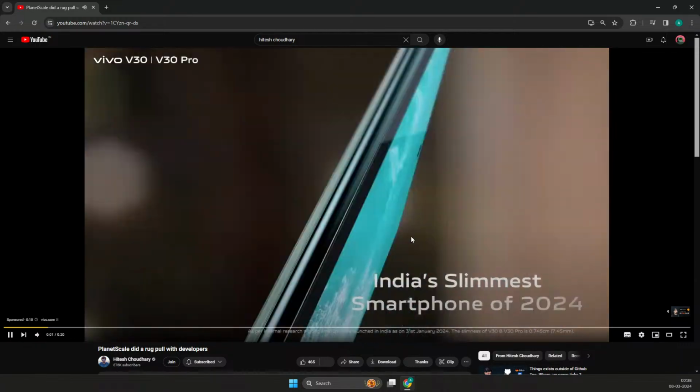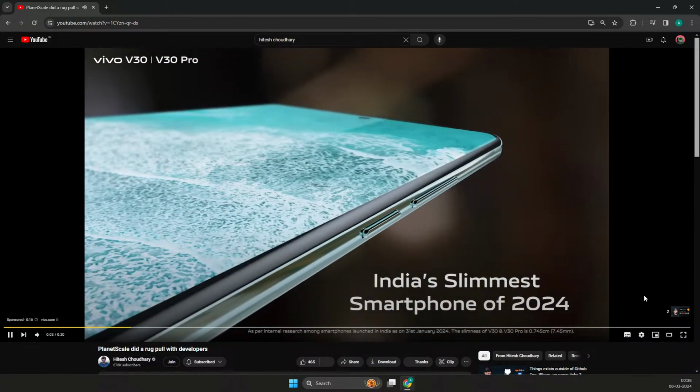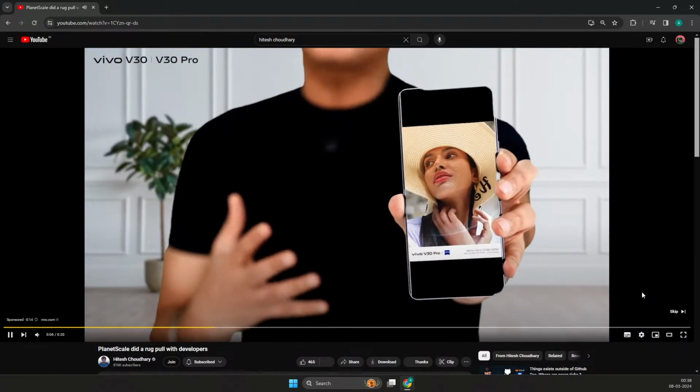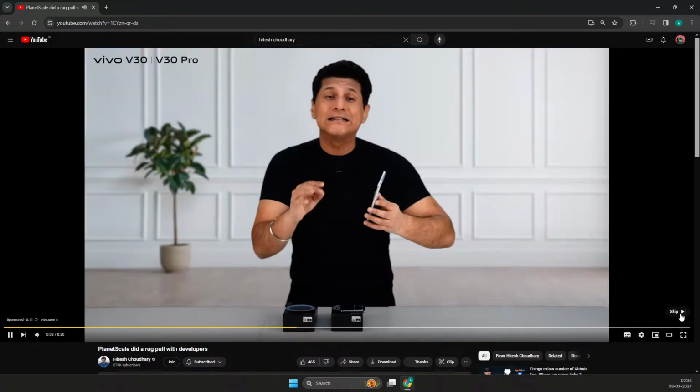It's India's slimmest smartphone of 2024. You know, after seeing this, I'm convinced that the Zeiss-style portraits on the Vivo V30 Pro is